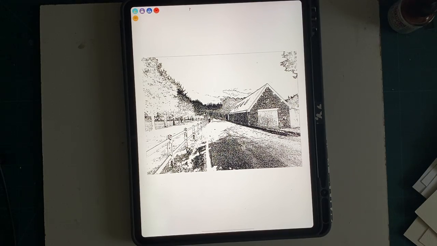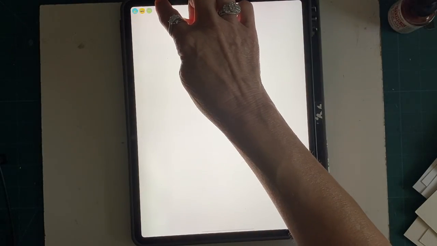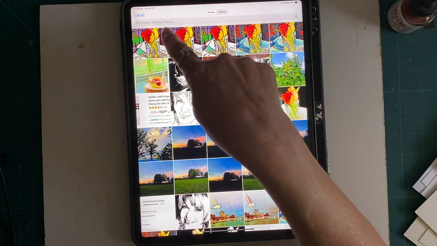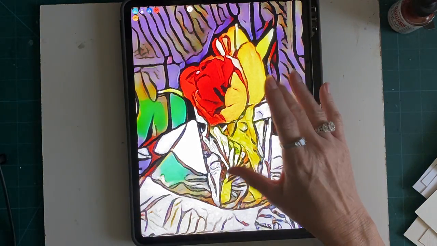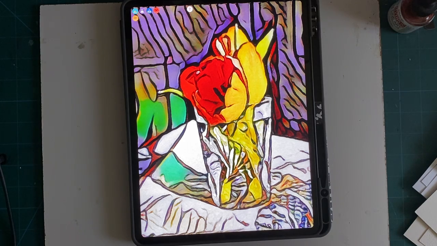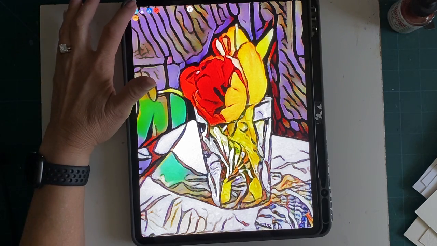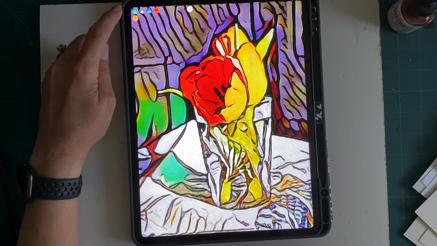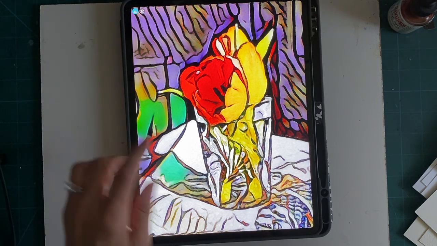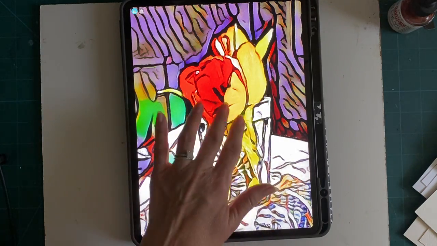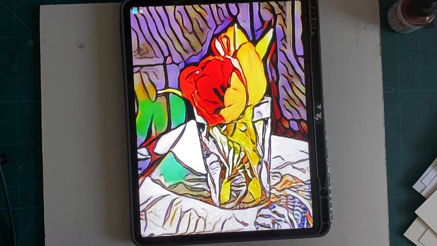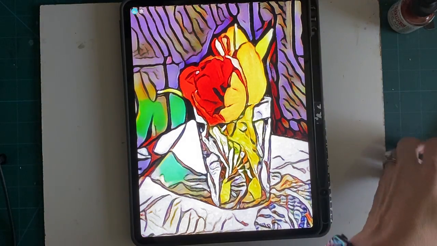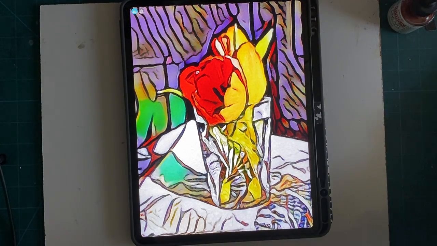So this is something that acts like a light box. So you can take, let's say I wanted to do the tulip. I'd import the photograph, and I'd click on lock, and it's going to lock the screen. You know, normally when you do an iPad, you can move things around. It's going to lock it so that you can take, where's my paper? So you can take,